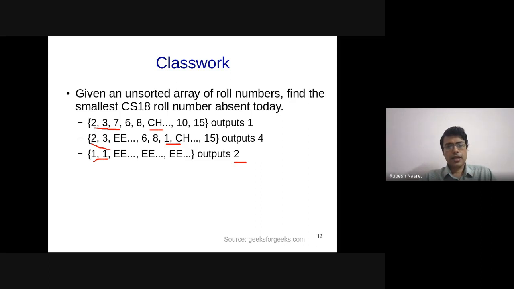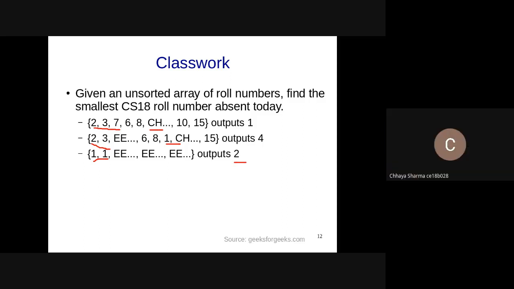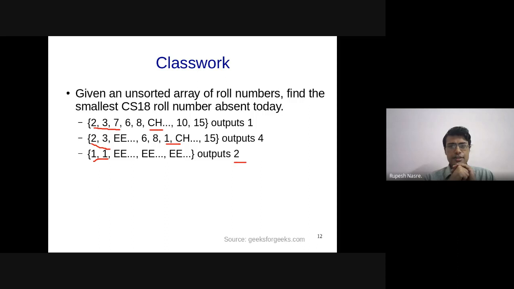But then I can have 1 to n as the input array, as an adversary, as the devil's advocate. And then the first number that is absent is going to be n plus 1. Is that correct? Yeah, and in that case the complexity will become order n square.